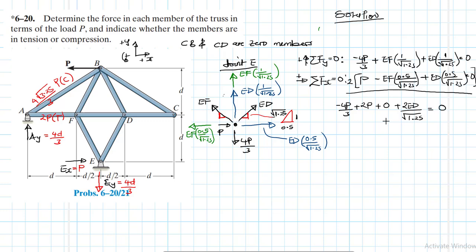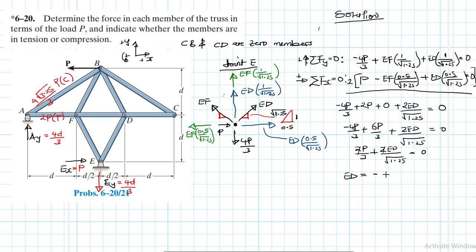is equal to 0. Okay, then we can work out this one here. This one here becomes minus 4p plus 6p over 3. Okay, 2ed divided by root 1.25 equal to 0. So if you work out this, it gives us 2p divided by 3 plus 2ed divided by root of 1.25 equal to 0. So 2 and 2 goes. Therefore, our ed is going to be equal to